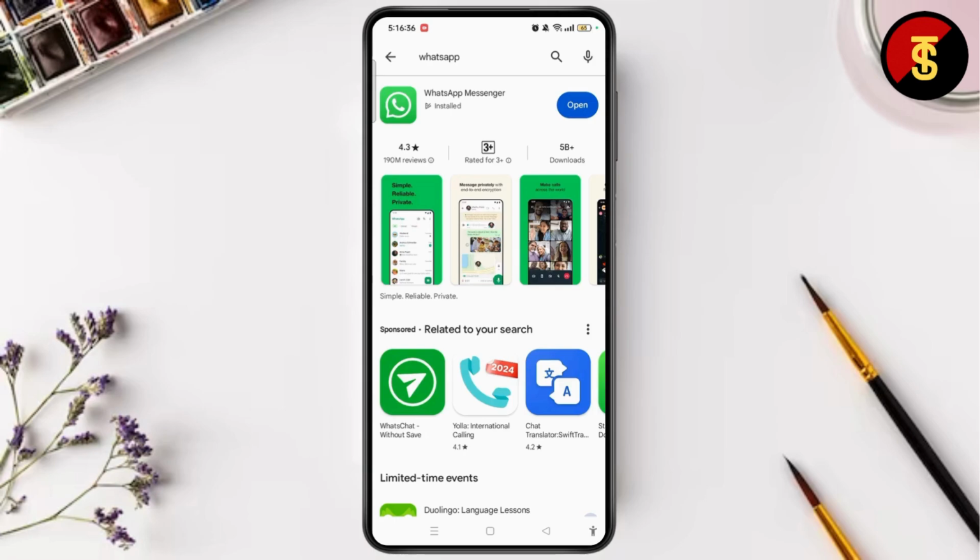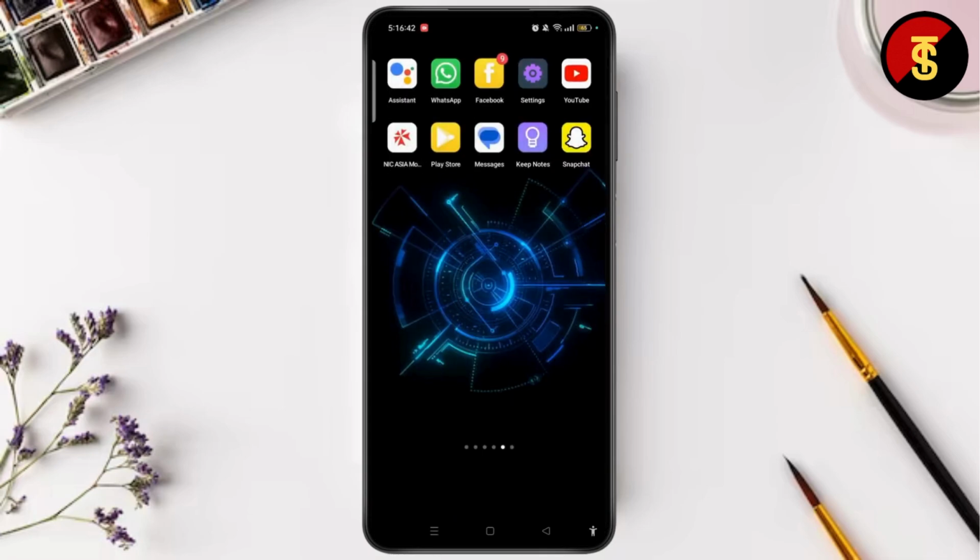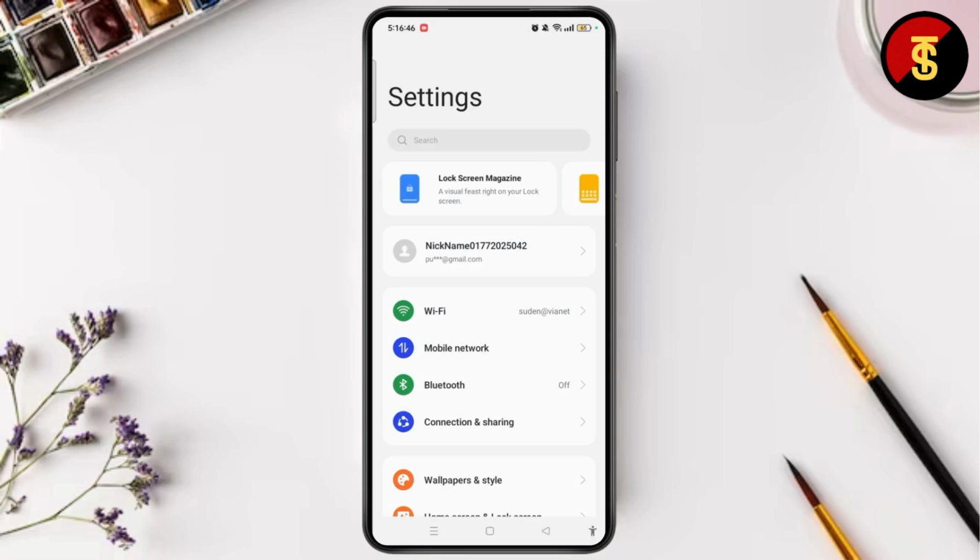So the app looks like this. You can simply tap on the install button and install your app. And once you have installed one of the apps, you can go to the settings on your Android device and